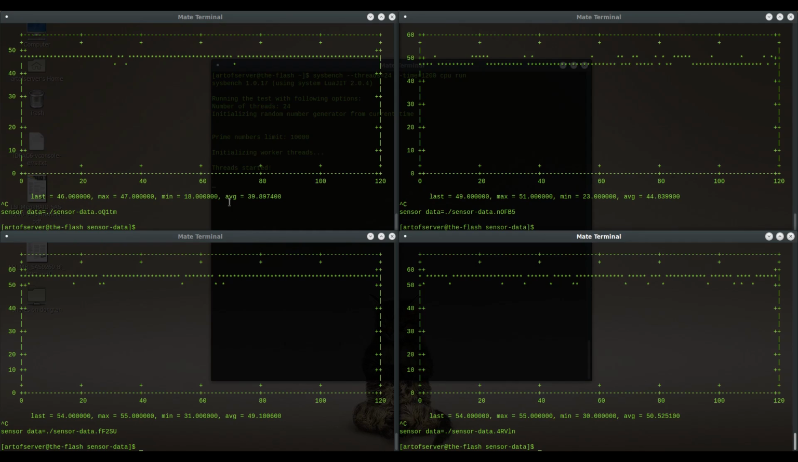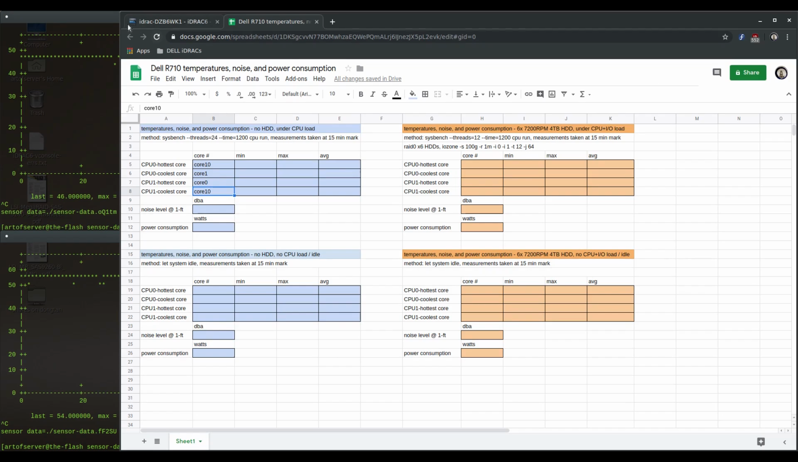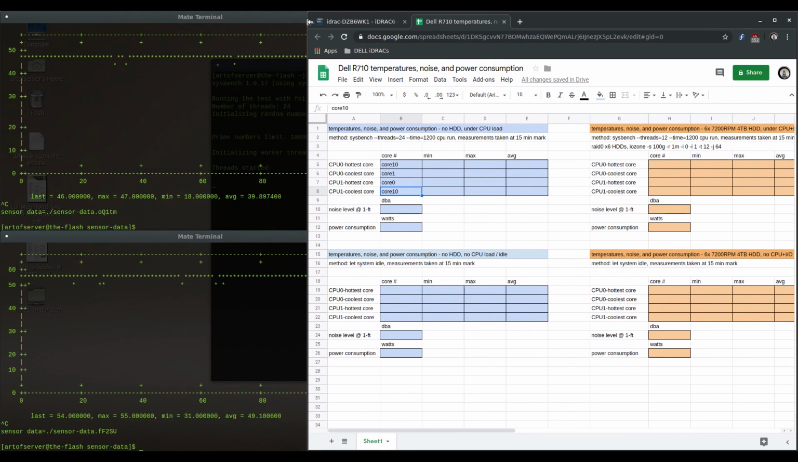So on the cooler core here, we reached a max of 47 degrees Celsius. So let's go ahead and record that. Let me bring this down a little bit. Okay, so this is on socket 0, and the cooler core had a minimum of 18 degrees Celsius, a max of 47, and the average for this run was, say,